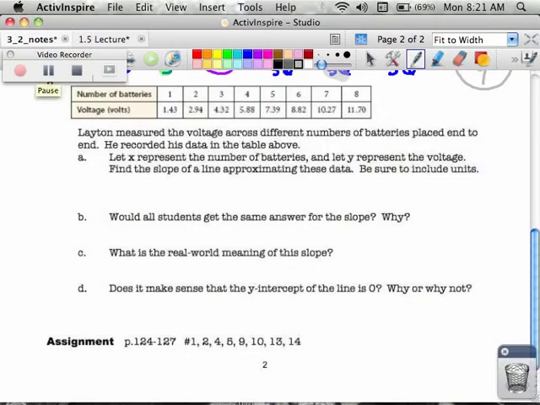In word problem number 2, you'll notice that they give us a table. And in this table they have a lot of data points. What you'll notice is that they talk about a couple of different things. The first thing they talk about is the number of batteries. Usually, 95% of the time, maybe even more, whenever they give you a table, the first thing that they list is the independent variable, otherwise known as